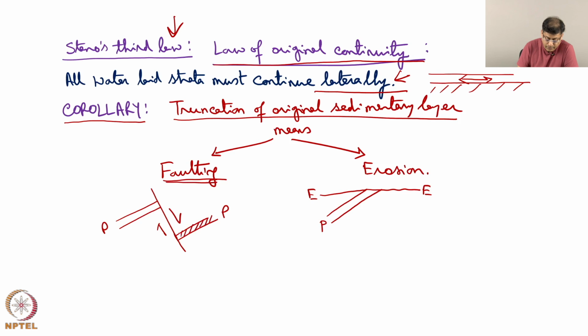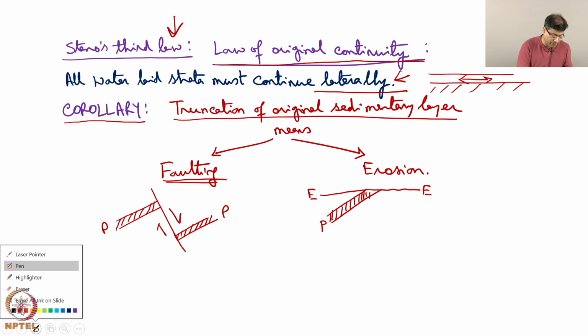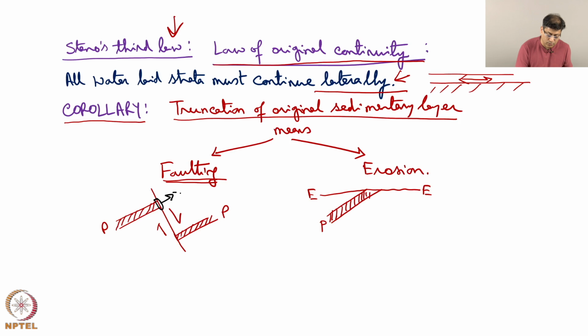Say there is layer P that got geologically faulted, half arrows indicate faulting, or there is a layer P and there is a natural erosional surface. So, there got a truncate. Where is the truncation here? This is the place where layer P is truncated, it does not continue in this direction. Here layer P is truncated, it does not continue in this direction. By natural erosion, this part is the end of layer P and it does not continue further. So, this is the meaning of truncation.